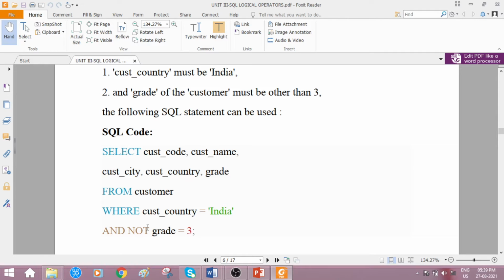So true is converted to false with the help of which operator? The NOT operator. It means whichever grade value is not equal to 3, those rows are considered in case the country value matches India. Okay, so hope you all followed this.